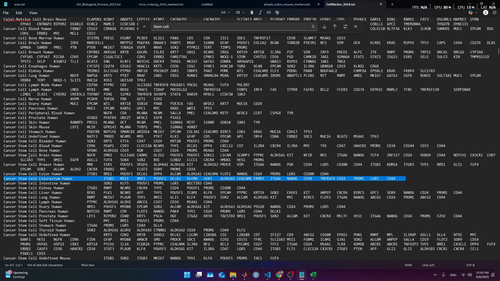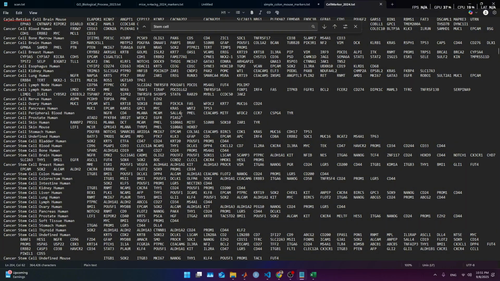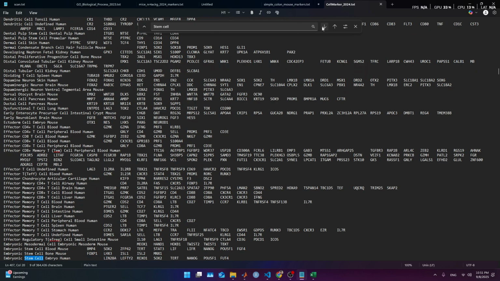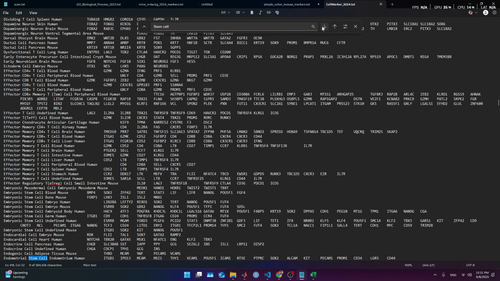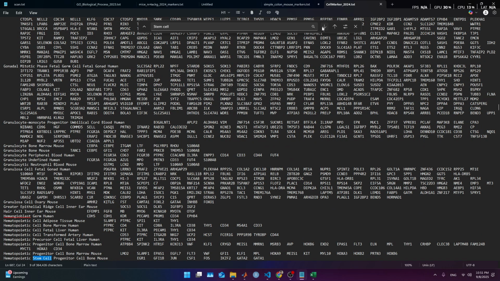Cancer. Wait a minute, the other word, cancer? Cancer stem cell. We can consider those, but we gotta look for normal stem cells. Cancer, embryonic stem cell, skin, progenitor,